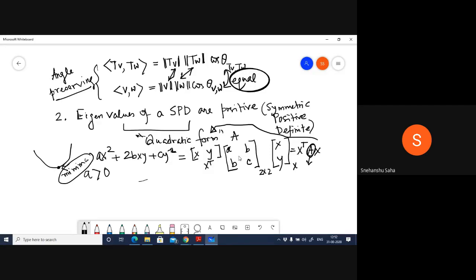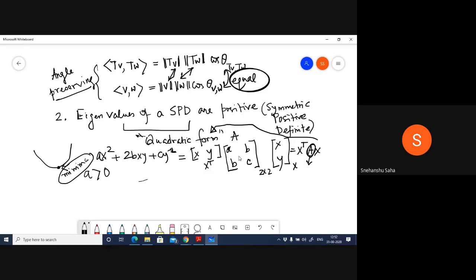You can draw. But if I give you a function like a x1 square plus 2b x1 x2 plus 2c x1 x3 plus 2d x1 x4 and so on, typically your column vector is no longer 2 by 1, it could be n by 1. So it is impossible to represent this graphically. But if you really want to know for a certain expression what would be the minima or maxima,